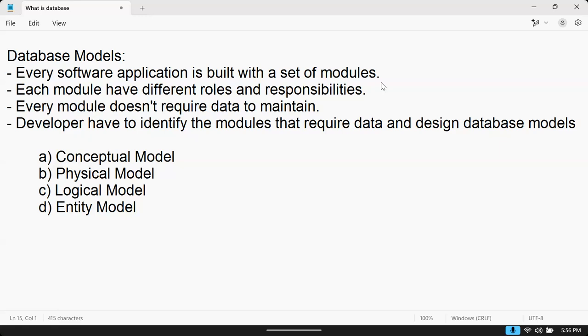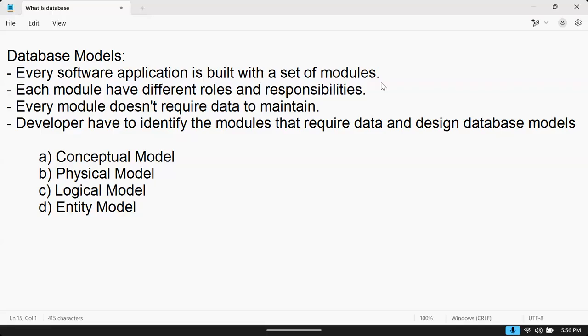The reference given to him is the database models. And what are the important database models? Four: conceptual model, physical model, logical model, and entity model.